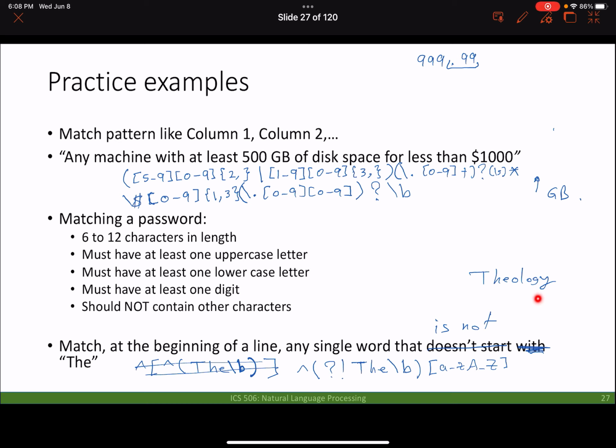Okay, this is the second one. After the 0 to Z, A to Z, capital I. Do we need a boundary? You need a boundary to get the word, right? Because I need to match a single word. I need any word that is not THE, basically. Right? I don't want to match the whole